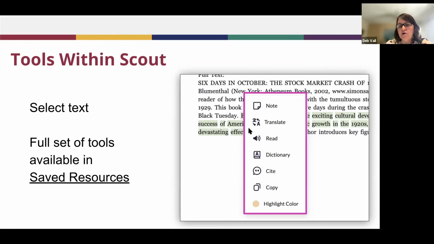For English learners, this is a really great option. They can have any portion of the text translated into, I think, 80 or 90 different languages. And some of those languages can also be read aloud. So it'll translate it, then you can have it read aloud. This option right here is read aloud. You've got struggling students or somebody that just wants to listen to it. They have the option to click and drag through the text and it will be read aloud to them.